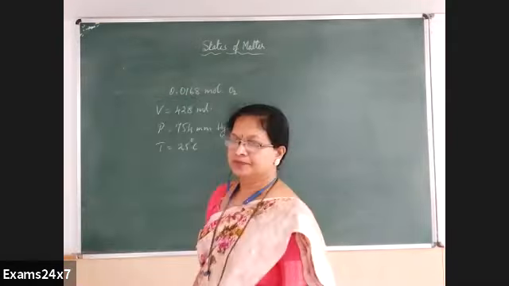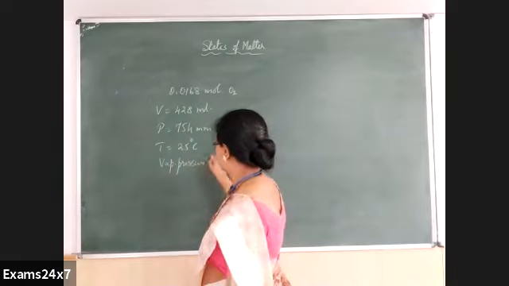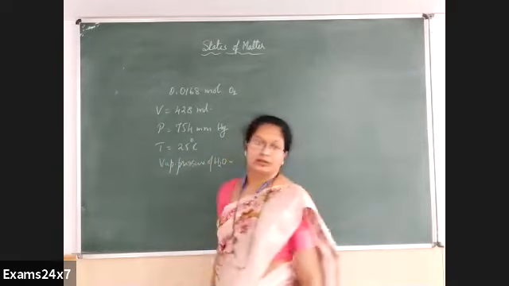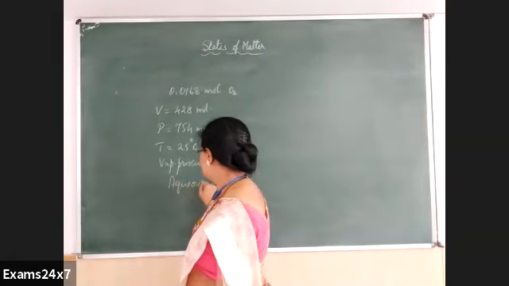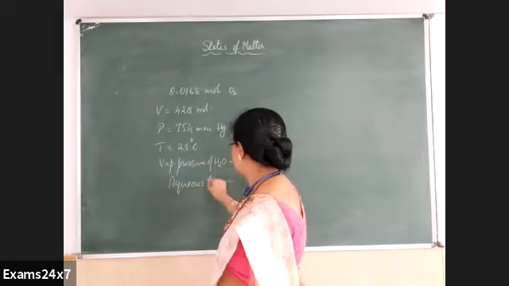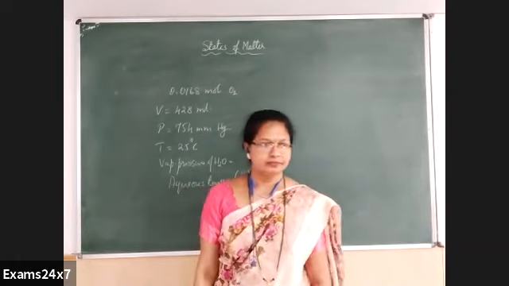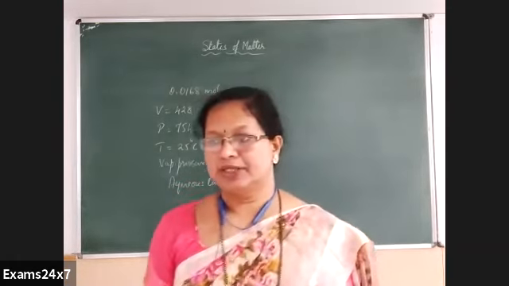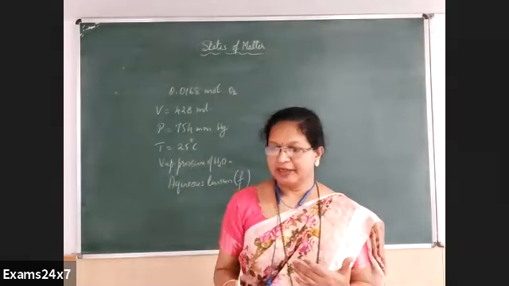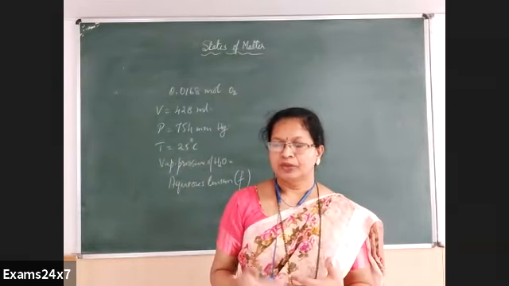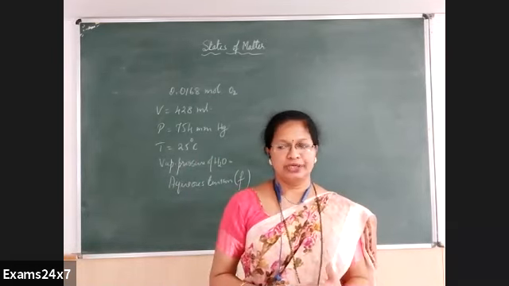What to calculate? What is vapor pressure of water? Called as aqueous tension, no? What is the symbol we use? Aqueous tension, F. Hence F to be found. While explaining about the partial pressure, I had said some experiment where water to be collected over. Did I explain about that? Total pressure equal to pressure of the dry gas plus aqueous tension. You know what is aqueous tension, right?